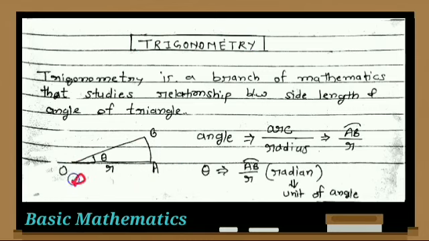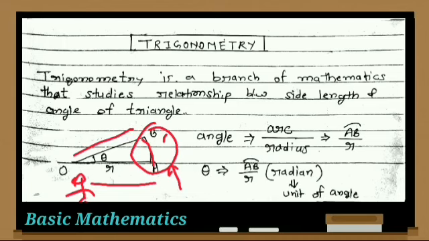There is an observer at the point O who observes a car at point A moving from point A to B. We can assume that A to B is the curve of a circle. So the car moves from A to B and makes a curve, which is also called the arc.